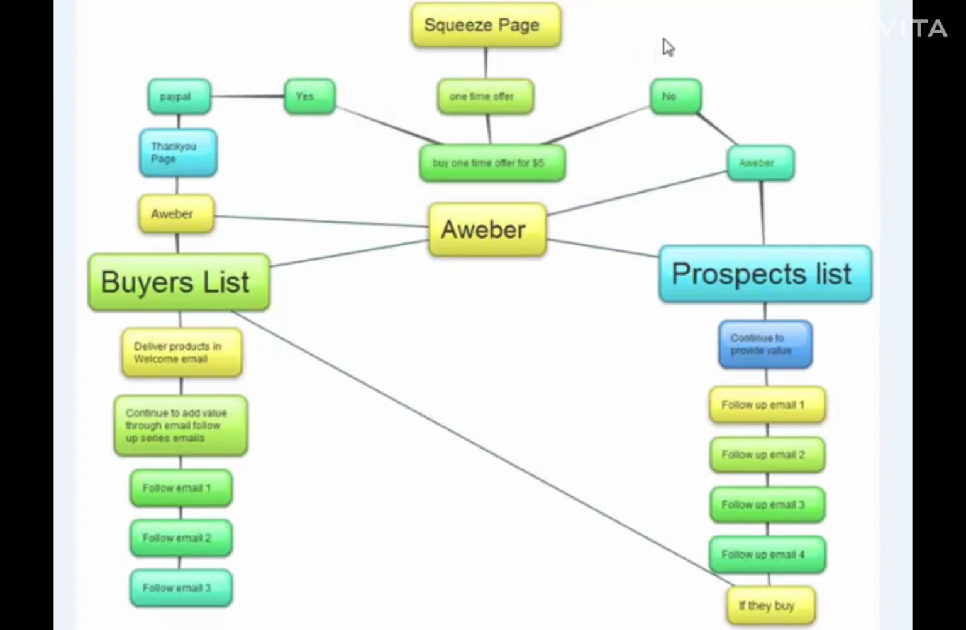Everybody has different products, everybody provides different information, so this is something that you'll have to decide yourself based on your choices and your preferences. So if you'd rather not